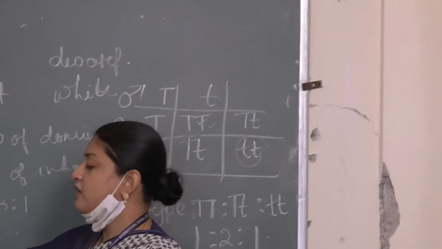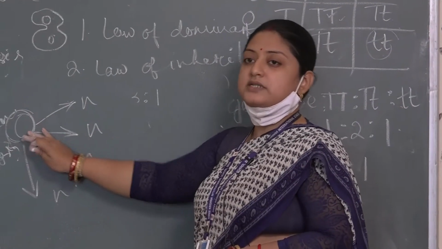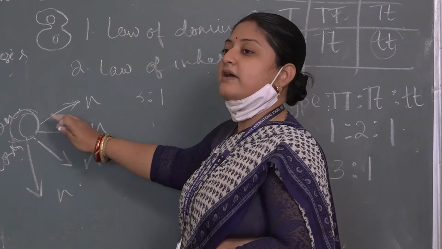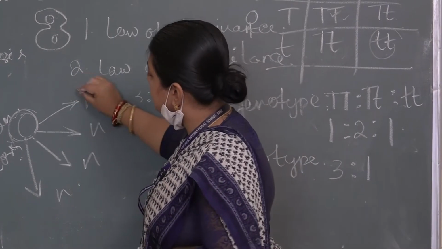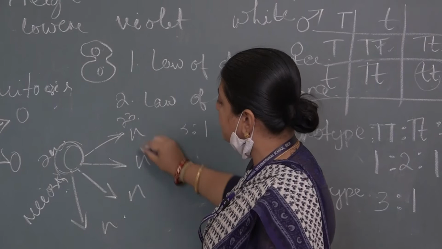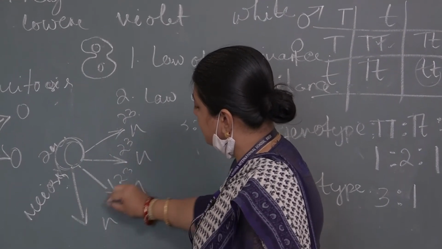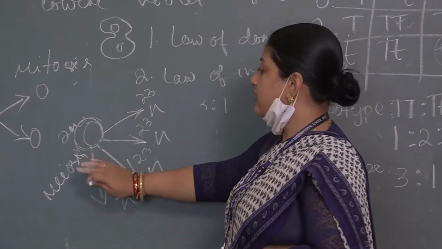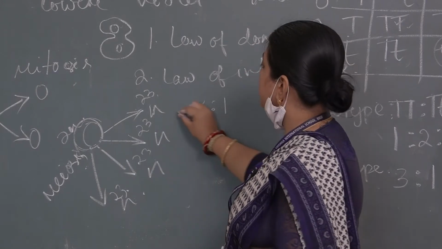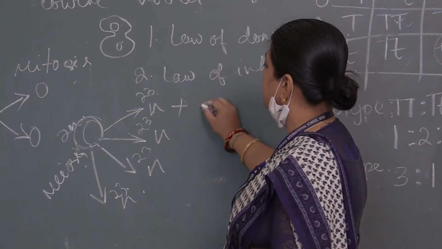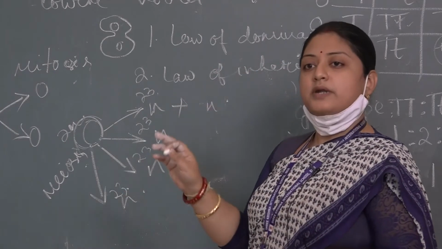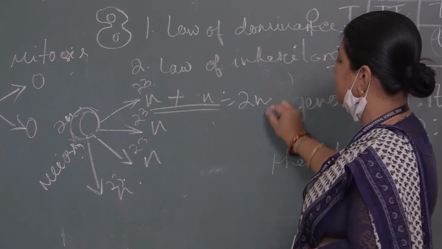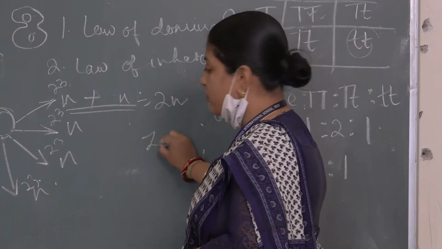from a single cell which contains 2n set of chromosomes, 4 cells will be produced. Each of the cells will have half the number of chromosomes, that is, it contains 23 chromosomes. If it is a male, then the male gamete will combine with a female gamete, that is your ova, which also contains 23 chromosomes, and both of them will produce the 2n set of chromosomes which is present in the zygote.